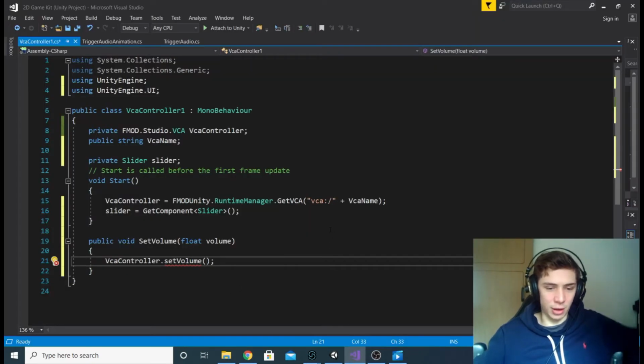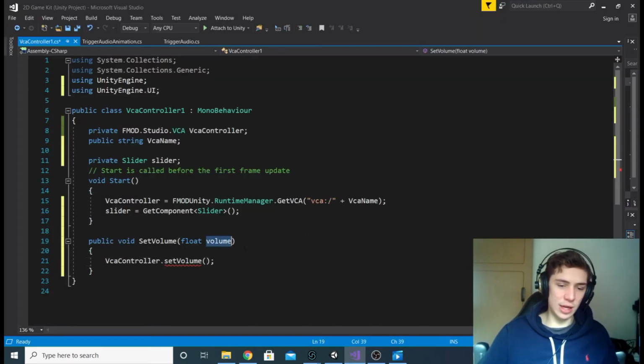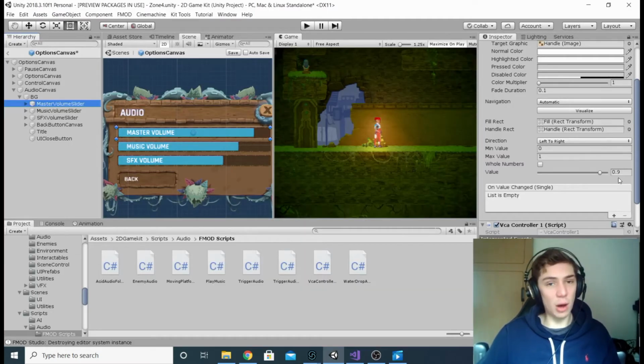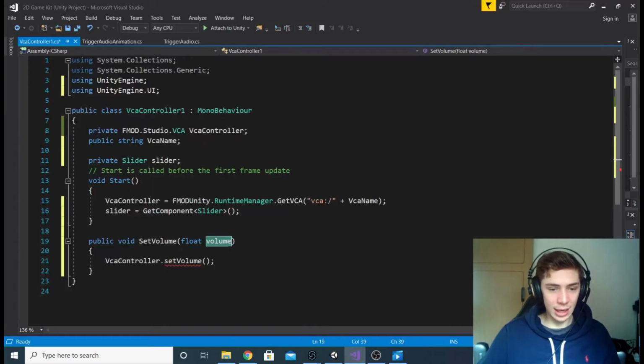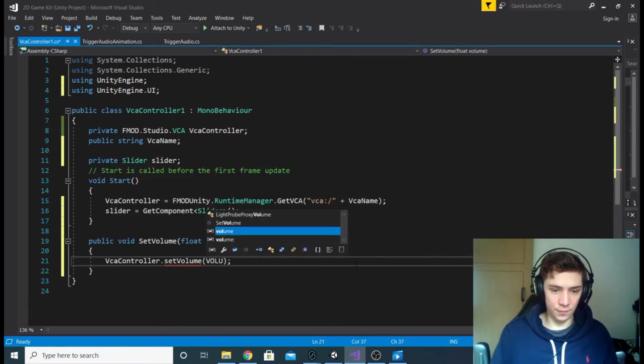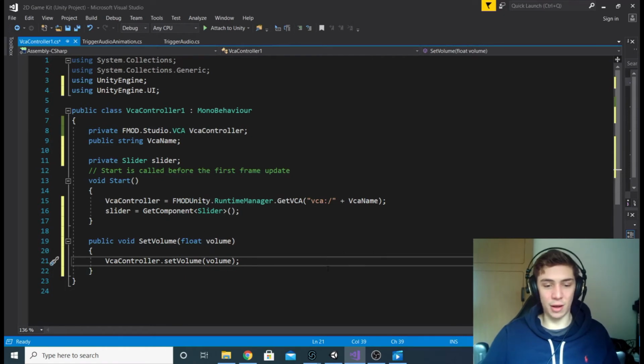Anyway, go back to our script. What we want to do is pass the volume, again, so that volume variable that's in these parameter brackets, let's go back to Unity, that's going to be holding this number here, the value, wherever our slider is. And the slider ranges between 0 and 1, as you can see here, the min value and the max value. We're going to pass this value into the function via this, and then we're going to set the volume to whatever value that parameter holds, okay? Right, now whilst I think we still need to do more with this script, I'm going to save it there,